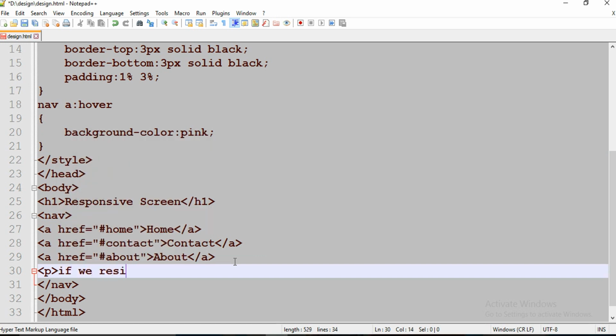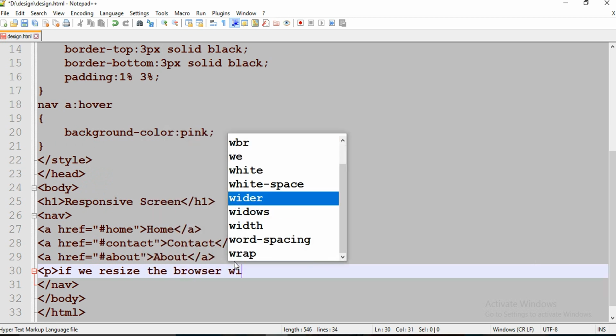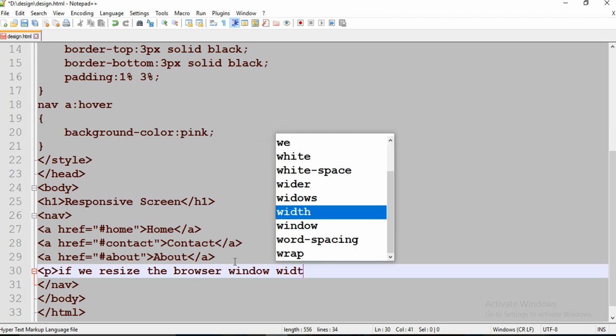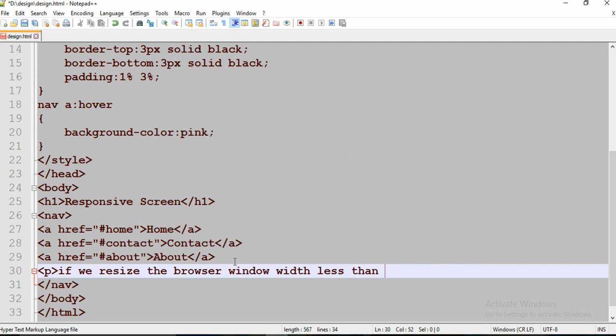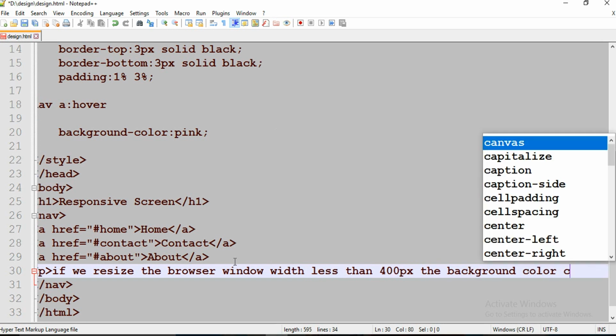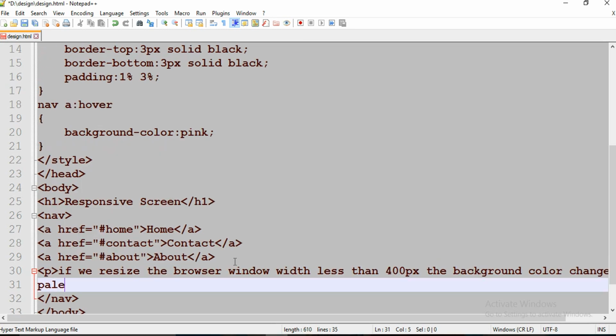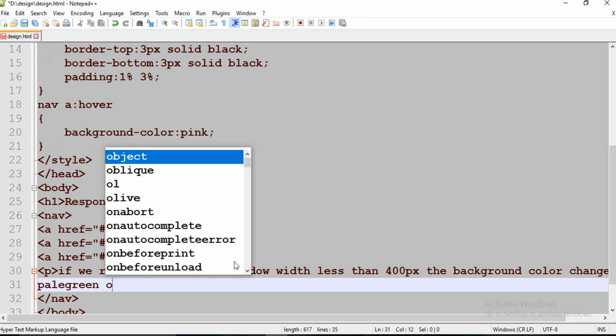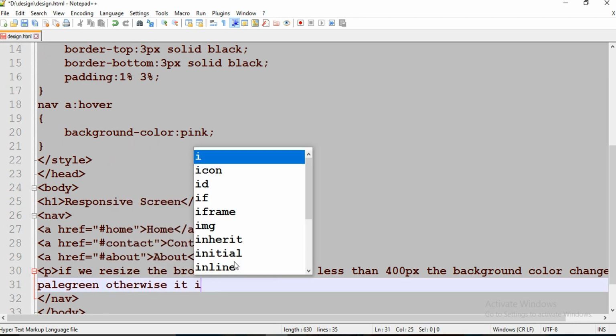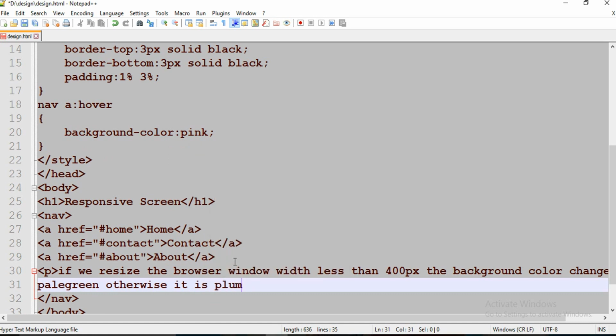If we resize the browser window width to less than 400 pixels, the background color changes to pale green, otherwise it is plum color only. I will let you know what it is. Okay,